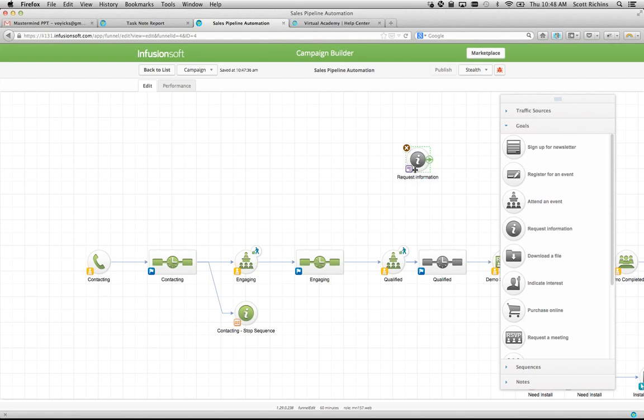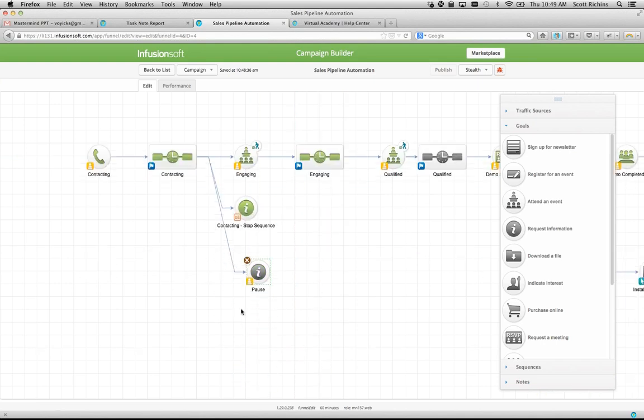So let's just say I have a stage called pause, right? And again, I'm going to assume this is an opportunity stage move. Yeah, I can do something like this, contacting pause. It's still goal based. It's still the campaign builder. So when I move somebody into here, they're going to get out of this sequence and they're going to move into wherever else they might need to go. And there's not really a way to say start them back at this point wherever they were in the sequence, at least not yet. What I have seen happen in the past is